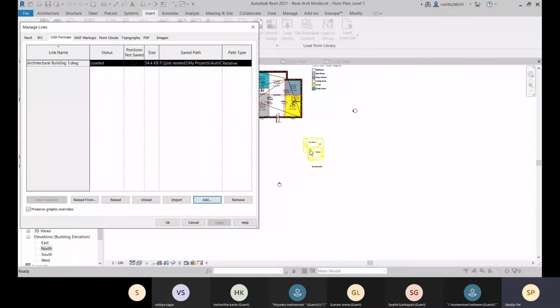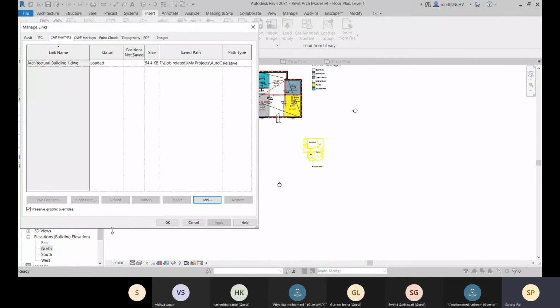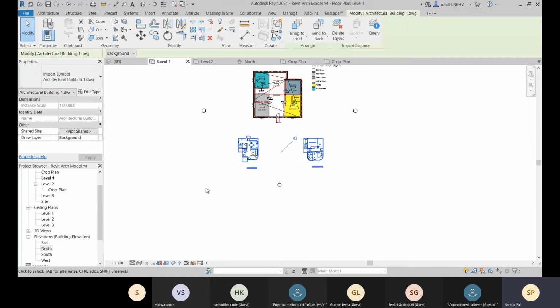Suppose you have used save as, and you have saved it in a different folder, then you have to go for this reload from, and there you have to specify the path where you have saved it. So now I haven't changed the path, that is fine. Okay, and that is how you can manage all the links.